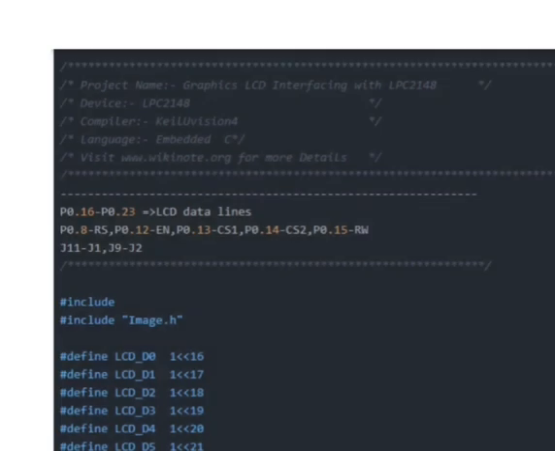So the first step is initializing. So it comes #include image.h.